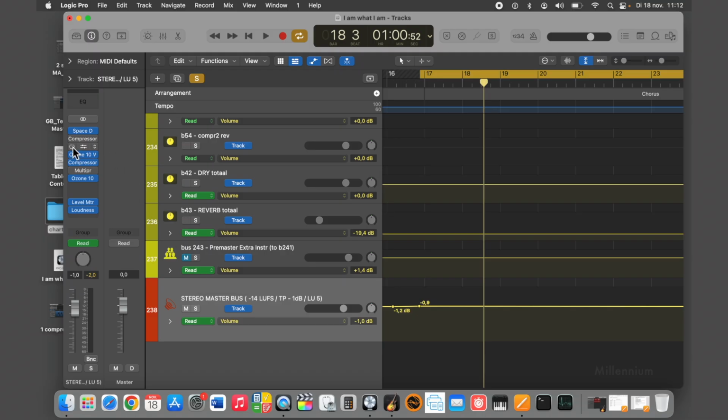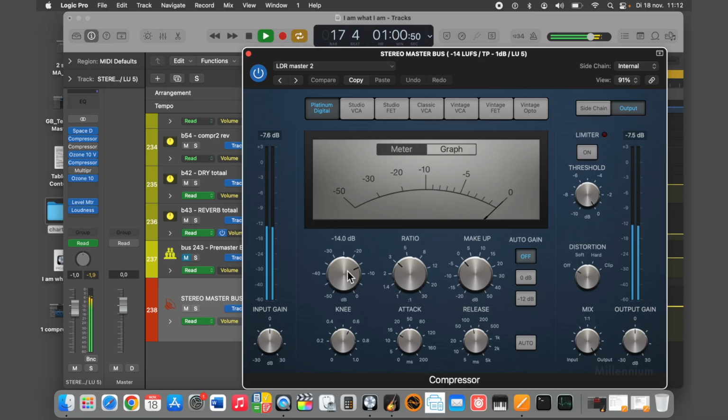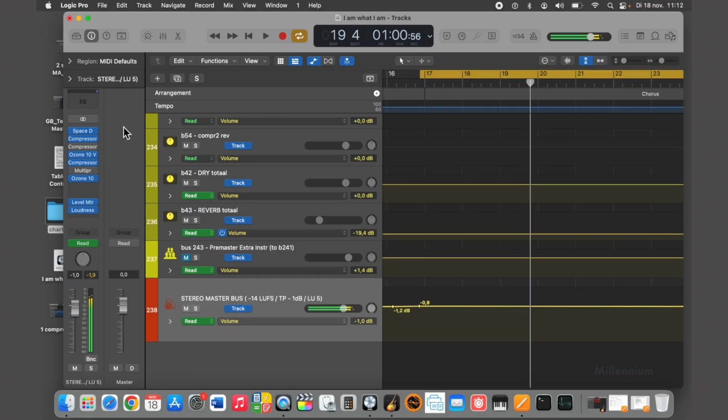There is a good reason for that. I think I can show it to you. If you don't use bus compression, then... I'm not sure if I can show it because this music is already balanced. But normally the kick, if you have a very hard kick and you didn't control it beforehand,